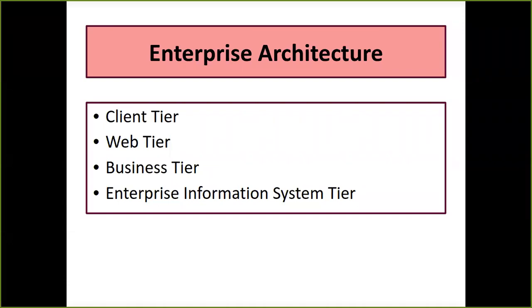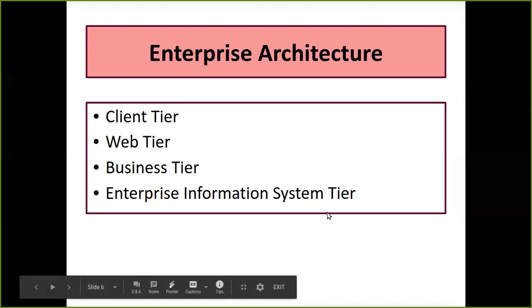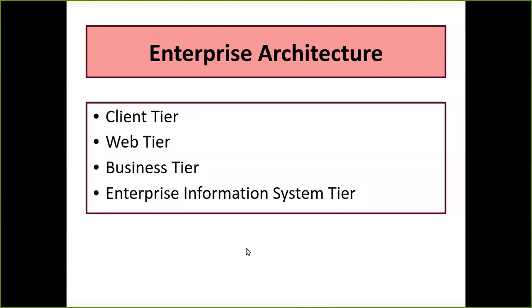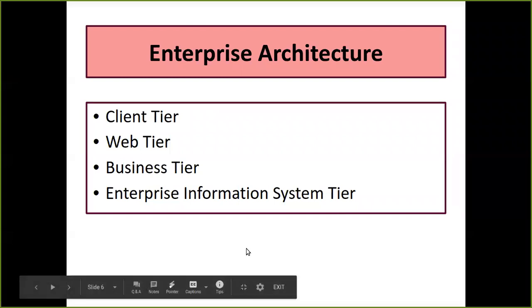Now, what do you mean by n tier architecture? It gives you the option to have four tier, five tier, six tier. We are not mentioning the number, but more than three, we just consider it multi tier or n tier. And in enterprise architecture we have client tier, web tier, business tier, and EIS. So in short, our enterprise architecture is a four tier architecture, also known as four layer architecture. Whenever we try to develop an enterprise application, we need a four tier architecture.